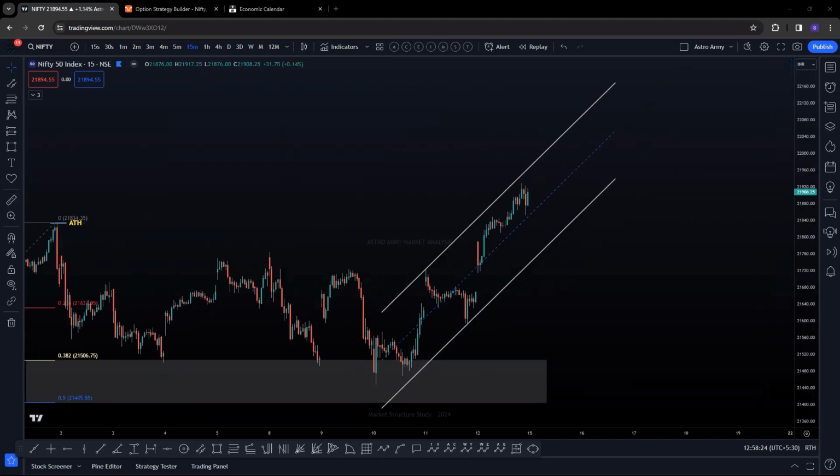Why? Because you never go against the wave 3. So what do we do here? Very simple. Smaller time frame. You wait for the wave 4 to come, a dip. Again, what you have to do, measure your 38 to 50% zone. As soon as this zone is achieved and the market bounces from here, again, we are not predicting the market, we have to react to it.